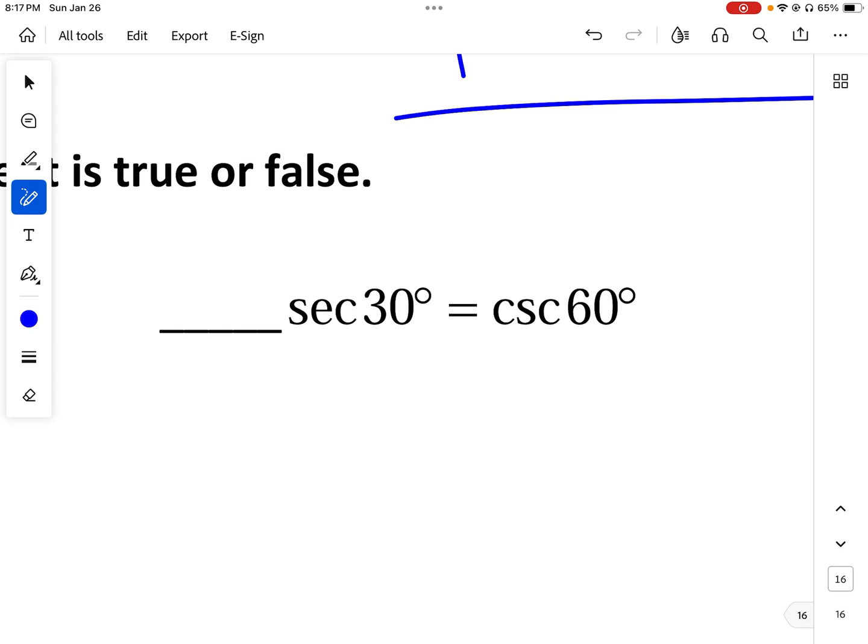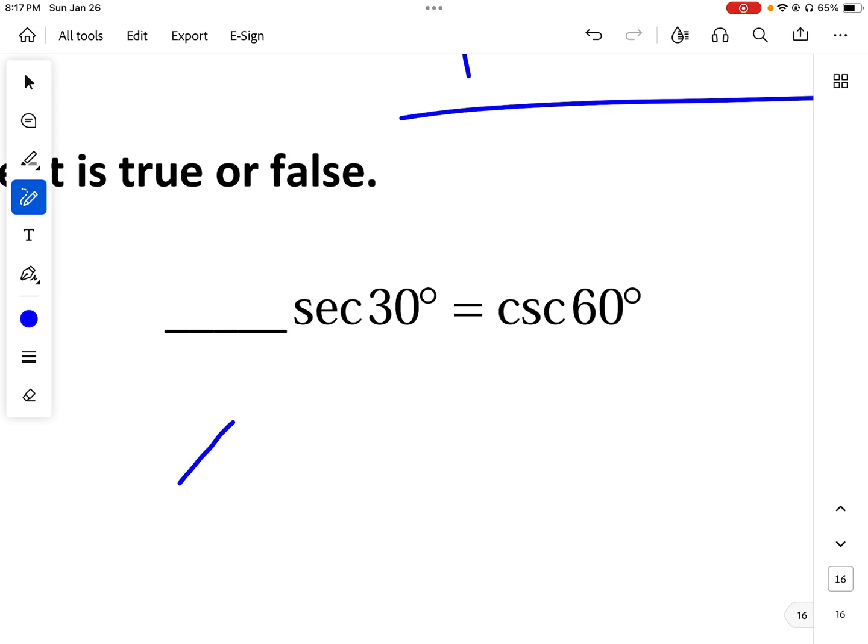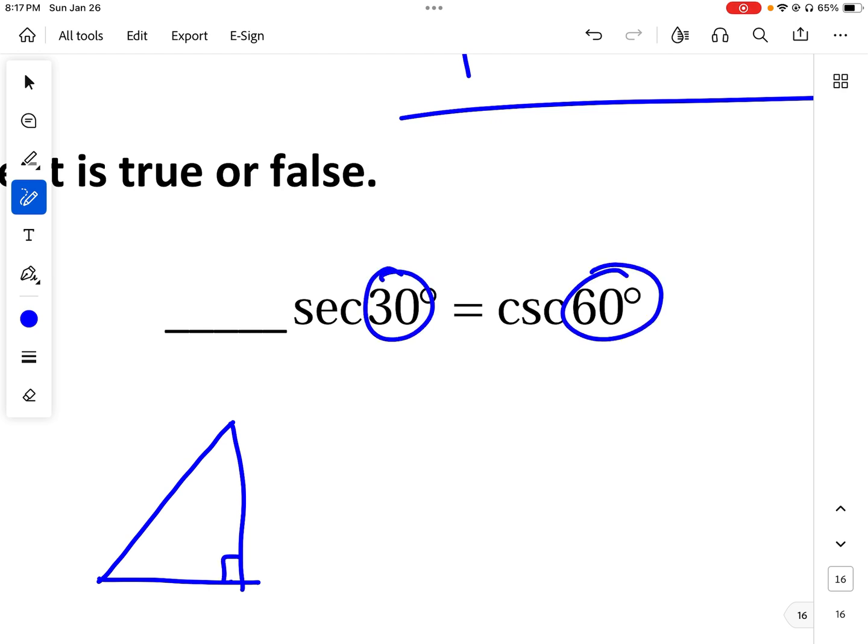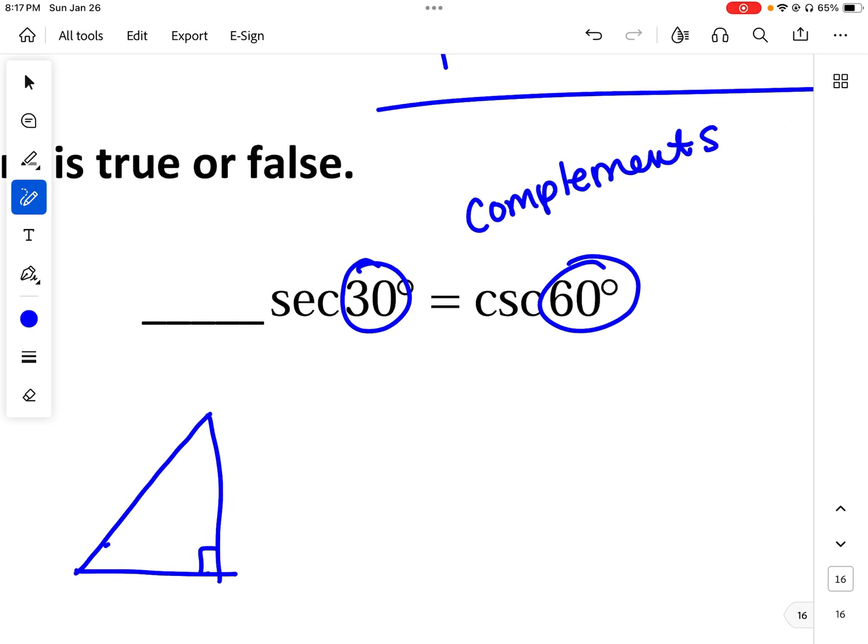So I'm going to think about, see how they're complements to each other? 30 and 60 are complements. So say this is 30, this is 60. So secant is